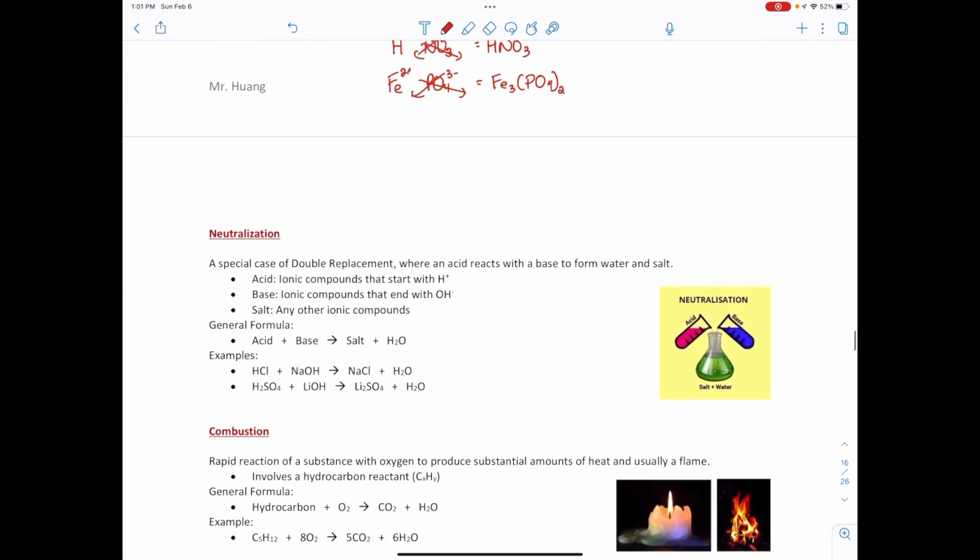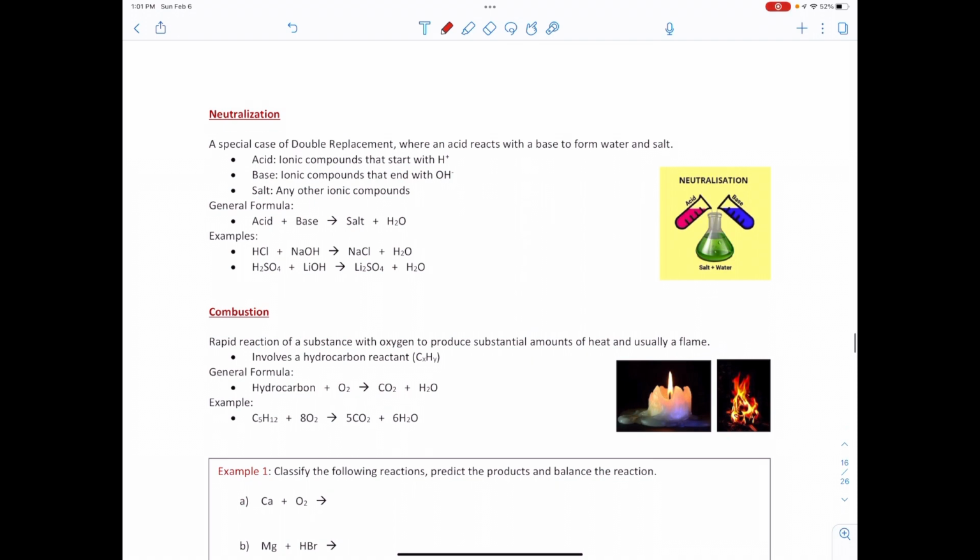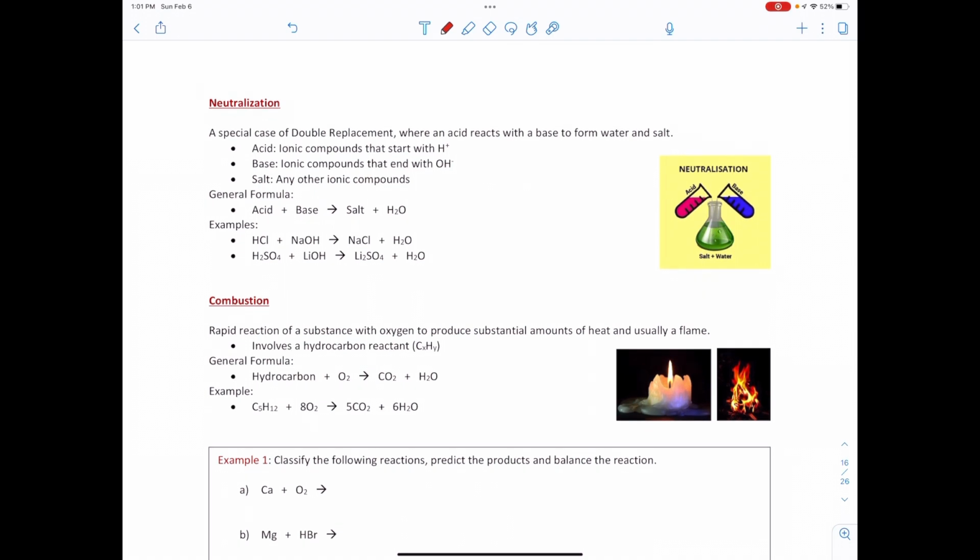There's another type of chemical reaction called a neutralization. Now, a neutralization is actually a really special case of double replacement. A double replacement, remember, it's when you have two compounds reacting together. Neutralization is when one of the compounds is an acid and the other compound is a base. So when I have an acid compound and a base compound, when they react together, they're always going to form water and salt. And so salt is really just any other ionic compounds